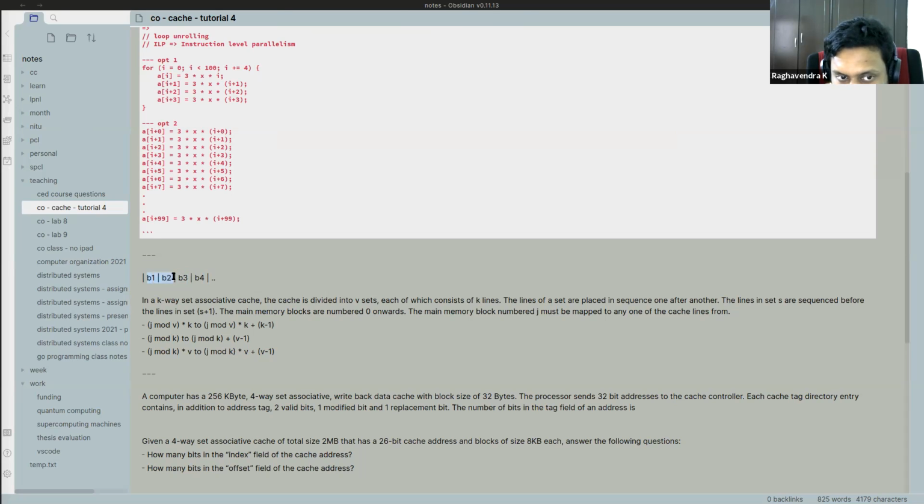By multiplying into k, whatever was there, the number of sets. So this is set 1, so 1 into the number of lines previously. So into k to this into k plus k minus 1. Why plus k minus 1? Because I am going until up to the range. That's all.